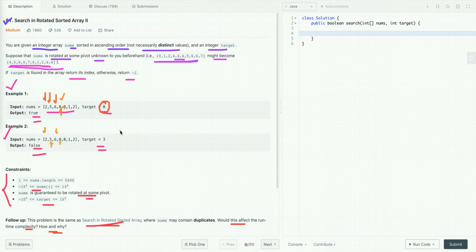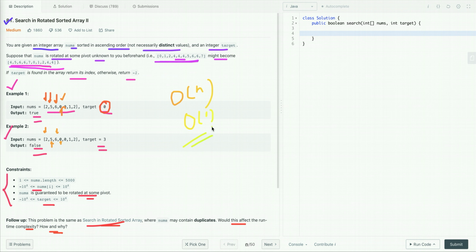So here we are doing a linear scan, where we traverse the array and compare the target value with each value of the array, and at any point if the target value is equal to the value present at any index, we return true, else if it is not found we return false. The time complexity of this approach is big O of n, and its space complexity is big O of 1. We are not using any extra space.